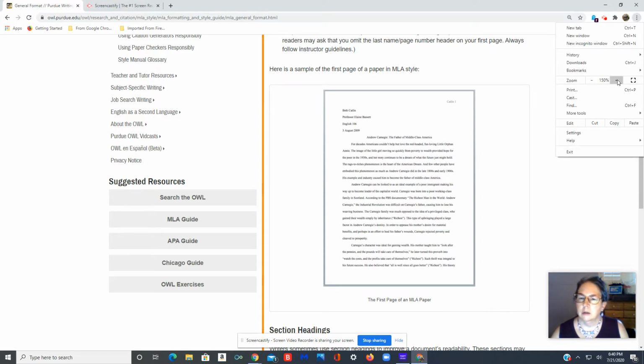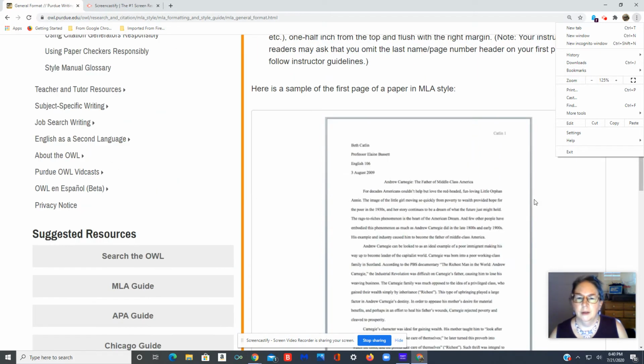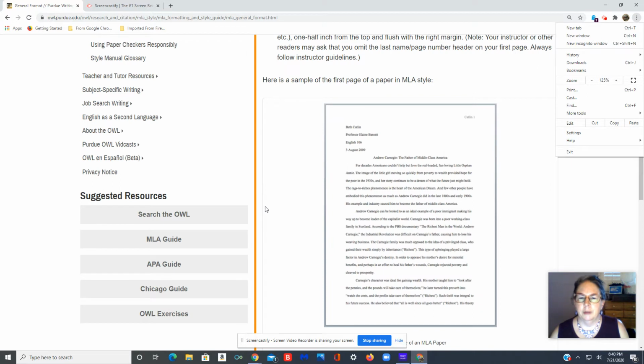Okay, like that. This is just what I've said before. You'd have your name, my name, the class name, and the date it's being turned in, and then your last name and the page number in the upper right, and that part would go on every page. This part on the left only goes on the first page, and the title is centered, and then you have the rest of the paper.